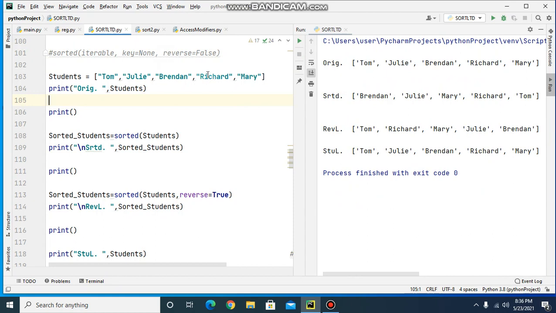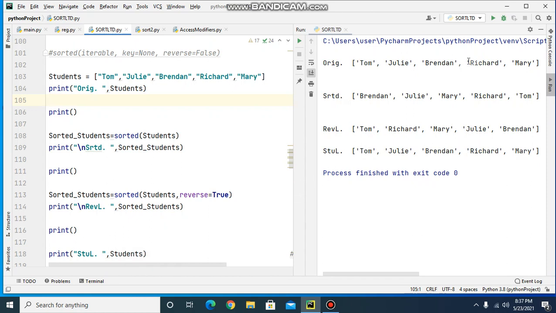So this is the original list, and this is the sorted list in the alphabetical order starting from Brendan to Tom. Then this is the list in the reverse order, that is starting from Tom to Brendan, and after that I am printing the list students again.